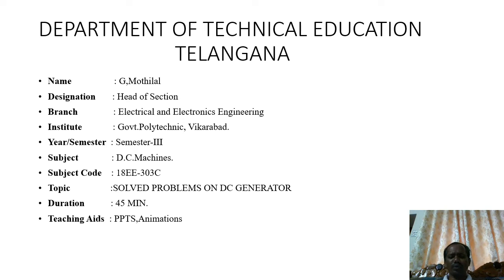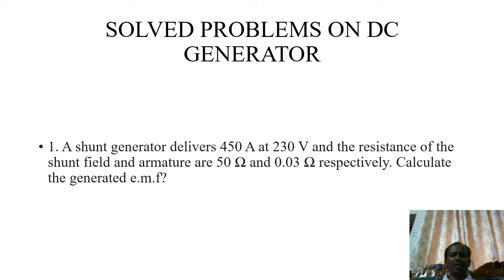Now I am going to say that in the slide I have given a single problem. All of you note it and solve this problem: solved problems on DC generator. We have already learned this type of generator, but we have not solved this type of problem. I will give five or six examples. You can practice them. For the remaining, go through your textbook and follow the problems related to series, shunt, and compound generators.